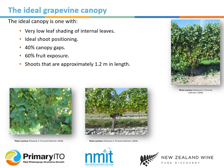Generally, you'll find that all vineyard managers, vineyard owners and viticulturists will be aiming for the ideal canopy in their vineyards. And the ideal canopy is one where you have very low leaf shading of internal leaves and very few internal leaves to start with. You'll have ideal shoot positioning where the shoots are evenly spaced on the cordons and the arms on the wire. 40% canopy gaps, meaning that you can actually see through the canopy and see daylight from one side to the other. 60% fruit